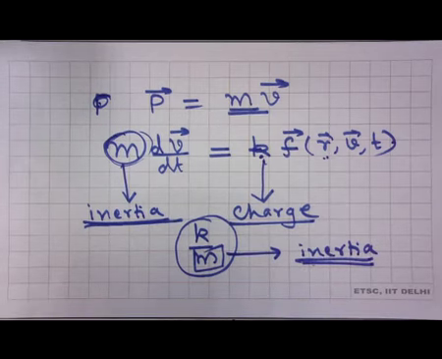Greater the mass, greater the inertia, and that is the reason why many times you say, if you have a very, very massive body, take it to be infinite and don't worry about its motion. That is what you do when you look at the motion of the earth around the sun, because the sun is so very heavy compared to the earth, you don't have to worry about its motion. It has momentum, but very little velocity. That is what we are going to do.